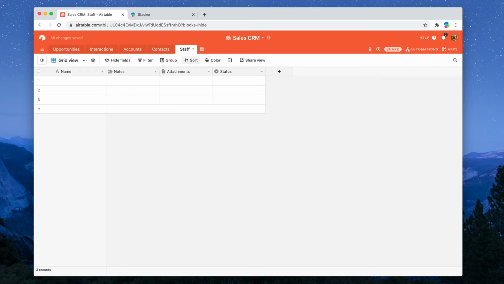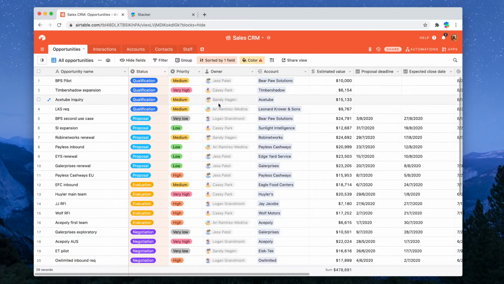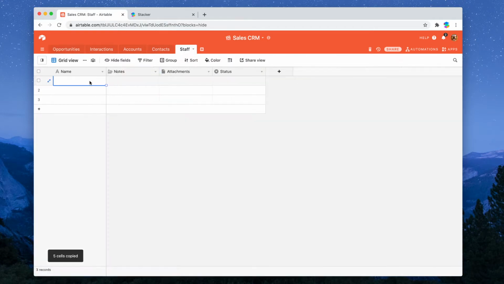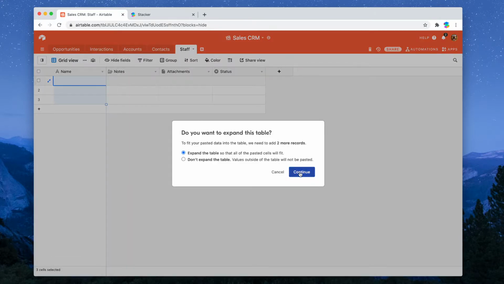So you'll need to keep a list of the users available on this page, and if you want to add new users in, you need to add them onto this list. So we're going to need to change this current collaborator column into a link into that staff table. The first thing we'll do is make sure that we've got a record for each of the staff members. Now thankfully you can just copy and paste this